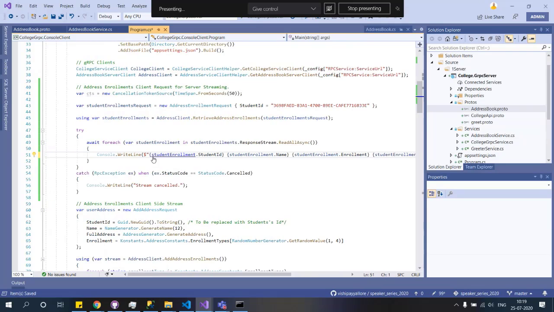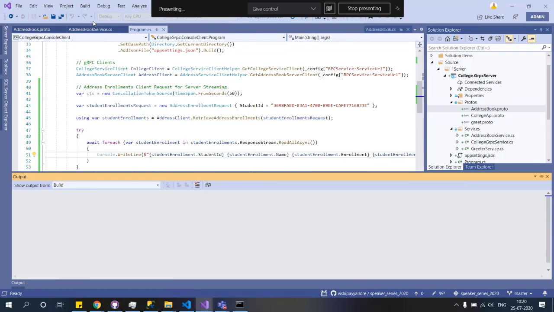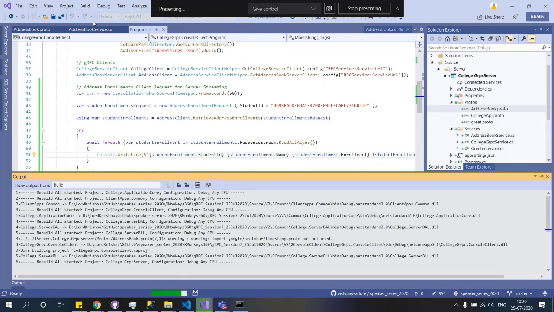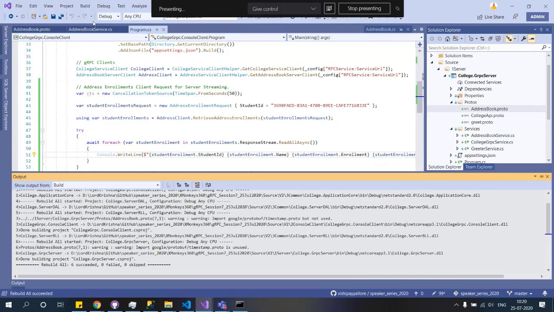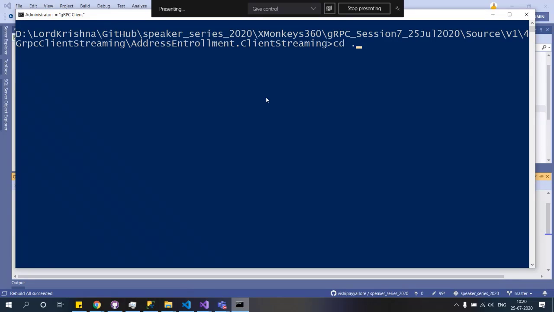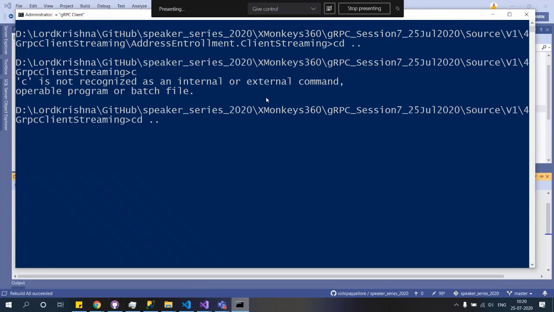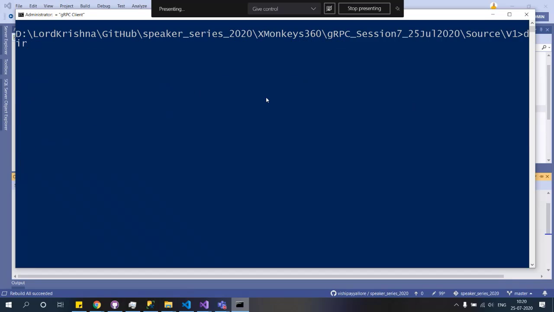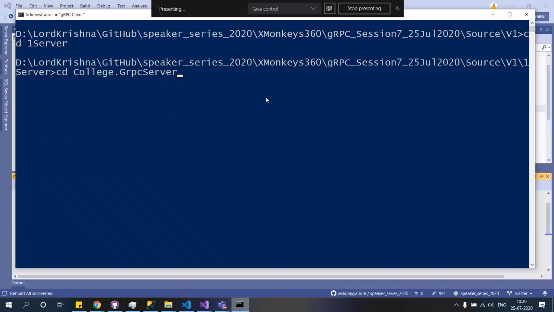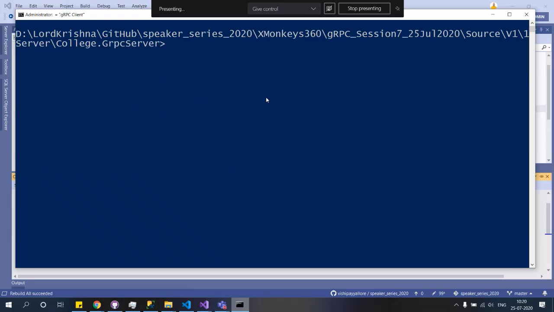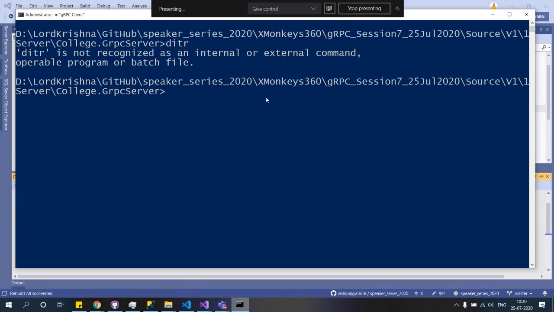Okay, so let's build this one time. I think we have 10 more minutes. We can happily test it. Cool. So what we do now is execute the server. For one time, let's go to the server and execute the server from here so that we can focus mainly on the client side.